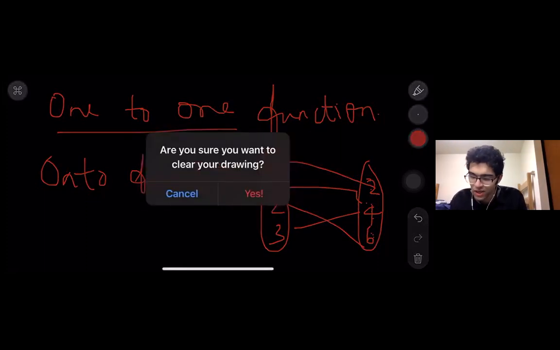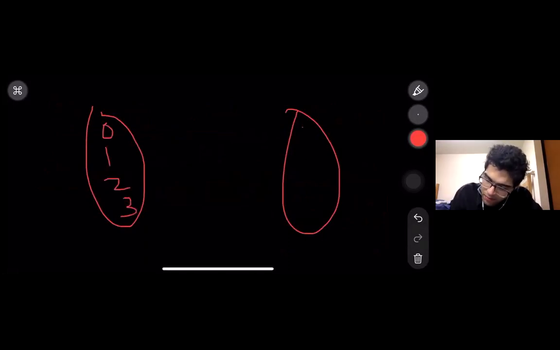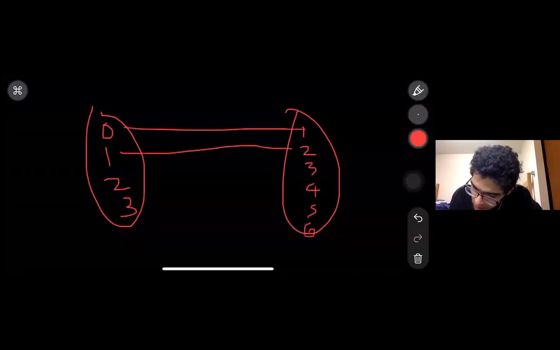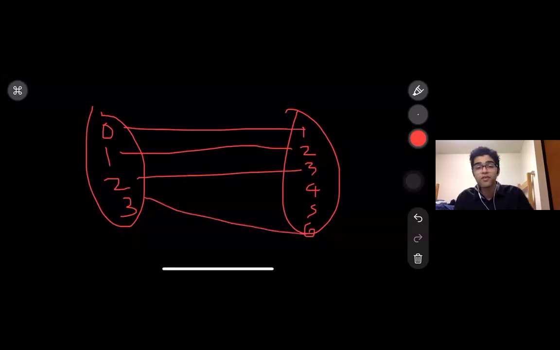So let us now try to create an example which is one-to-one but not onto. I'm trying to give you examples so that it's easier to follow. This is a one-to-one function because no two elements are mapped to the same thing. If you have f of something equal to f of something else, then it only means that both of them are the same number. But this is not an onto function because 4 and 5 are left orphaned, right? They don't have any partner on the other side.